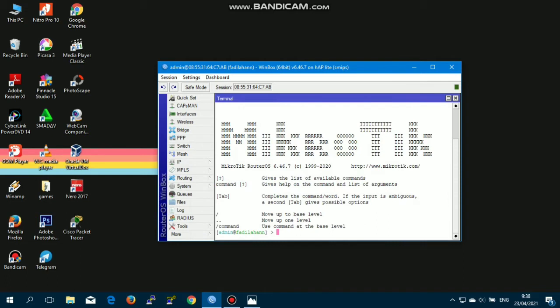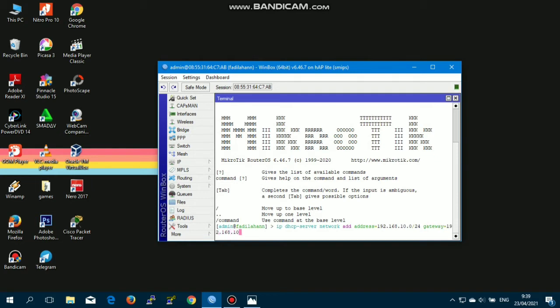Then configure the network IP gateway and IP DNS for the DHCP server, which will later be given to the client using the command IP DHCP server network add address 192.168.10.0/24 and the gateway namely 192.168.10.1 and the DNS server namely 8.8.8.8.